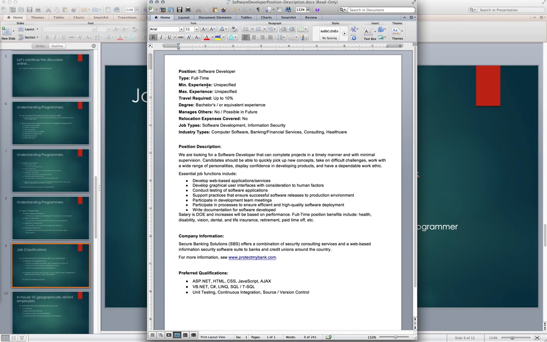If I'm a senior developer and they're looking for an entry or a junior developer, well, I probably don't want to waste my time, because more than likely I'm going to be asking more money for that position than what they're willing to pay. And so those are things that I'd want to know before going in and before applying. And as someone that potentially would apply, I might just filter this out, say I don't even want to bother because there's a lack of that information.